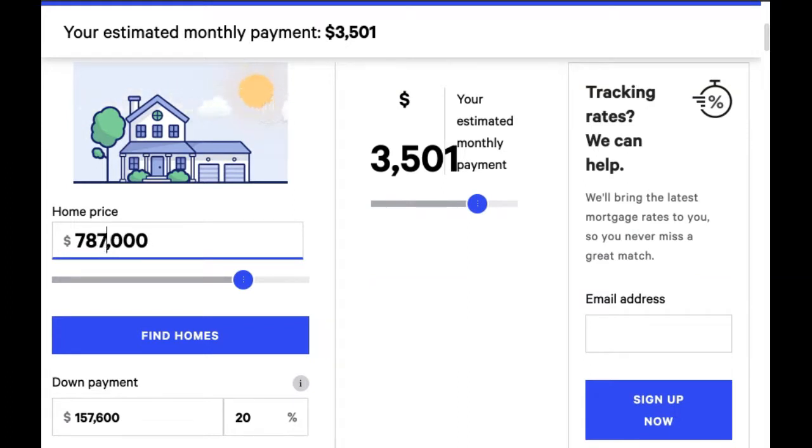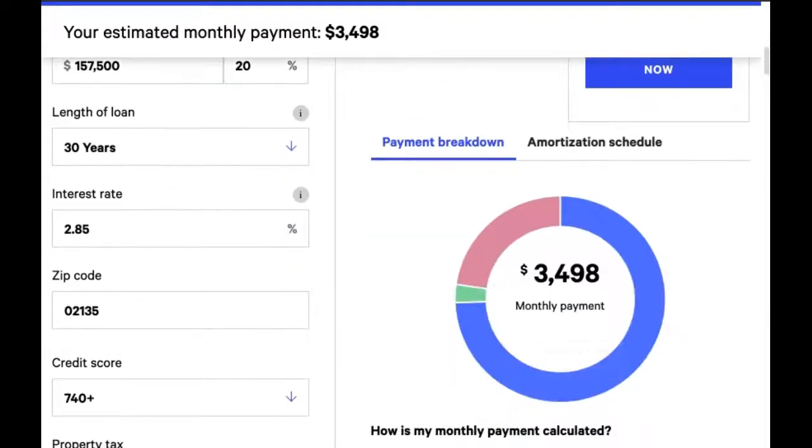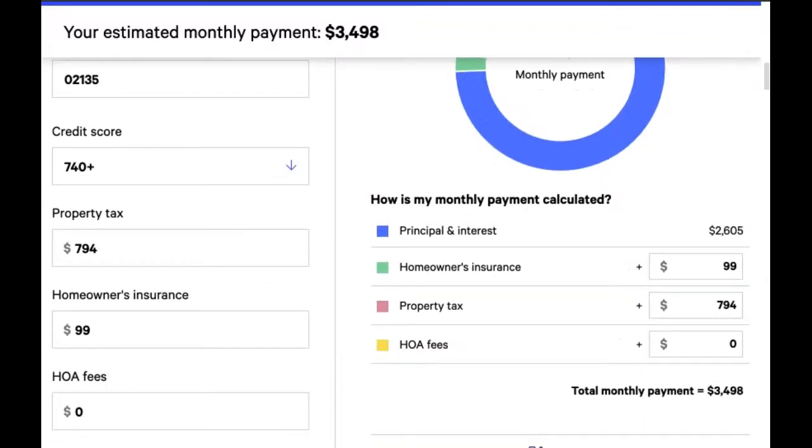So I'll make that a 7, 5. And so the answer to this problem, if these were the values, would be $787,500. Now, as I noted, that includes the actual loan payment of $2,605,